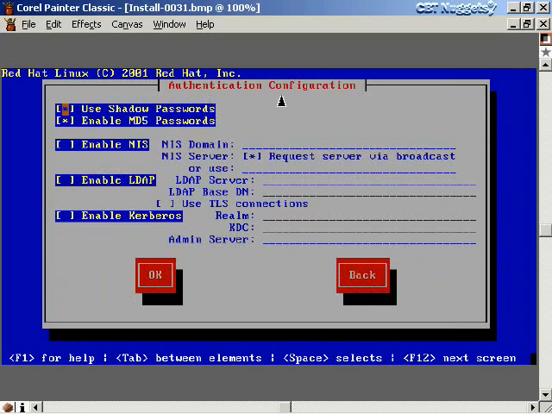And now this page is all about authentication configuration. The first two things here have been selected by Red Hat already: use shadow passwords and enable MD5 passwords. We'll talk about this more when we talk about user administration, but for right now, let me just tell you that shadow passwords means that the passwords are going to be stored in a separate file all by themselves. And enable MD5 passwords says that those passwords that are stored in the shadow file are encrypted by